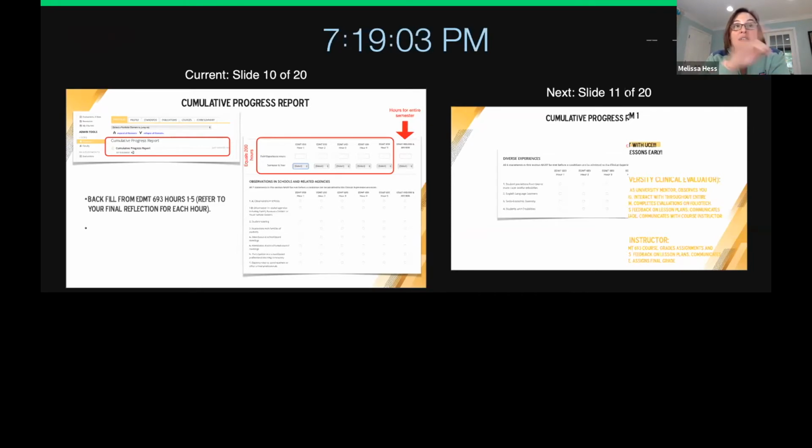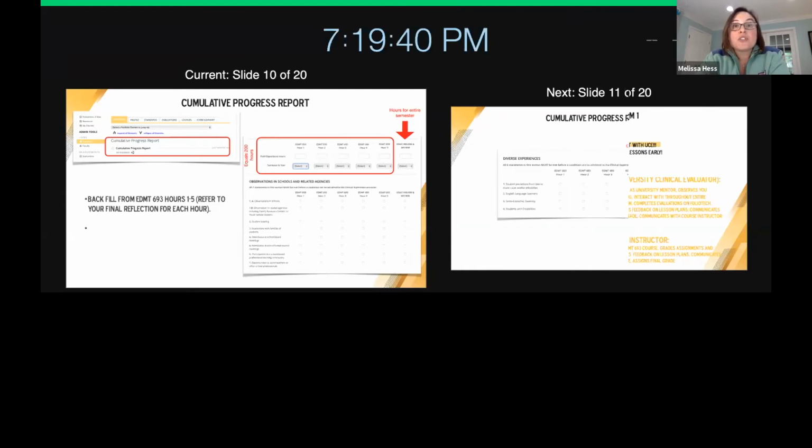When you click on that, the thing to the right is going to open up, and you can see our 1, 2, 3, 4, 5. It wants you to type in how many field experience hours you had. Now you might be thinking, that was a really long time ago, I have no idea. When you have filled out your end of the term reflection paper, you should have it written in there. We know that you should have at least had 40 hours for each one, so it equals your 200 field experience hours before student teaching.